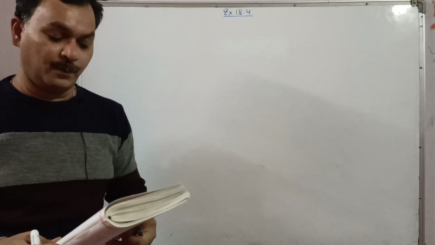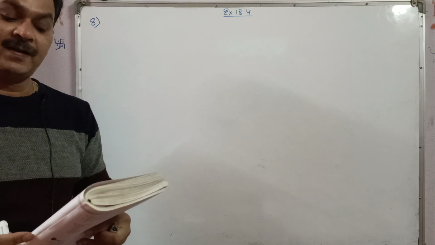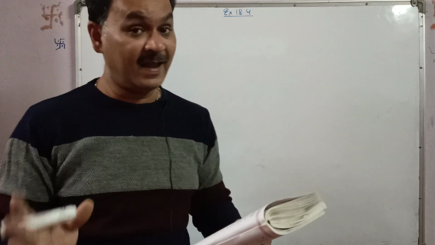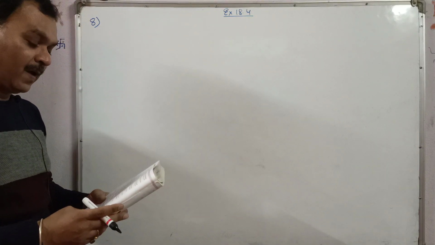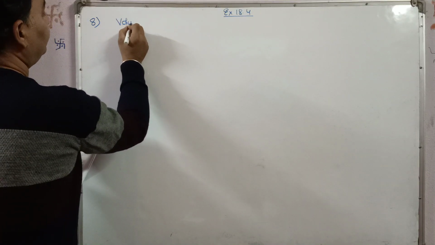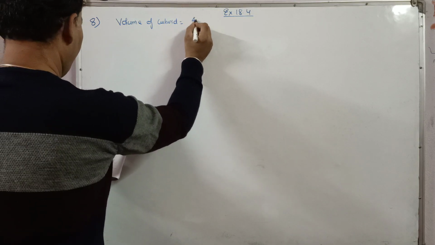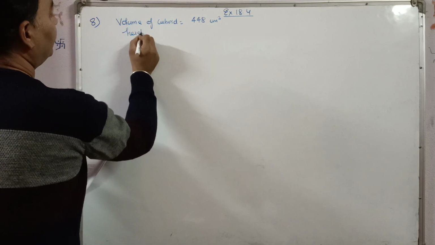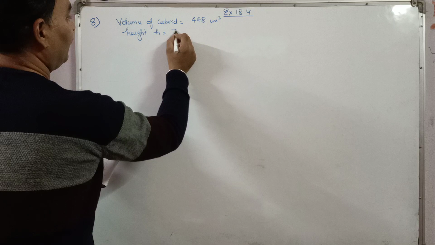The volume of a cuboid is 448 centimeter cube. Its height is 7 centimeter and the base is square. Base is square, that means its length and breadth both are the same. Find a side of the square base and the surface area of cuboid. Okay, this is given to us. The volume of cuboid is 448 centimeter cube. Its height is given 7 centimeter